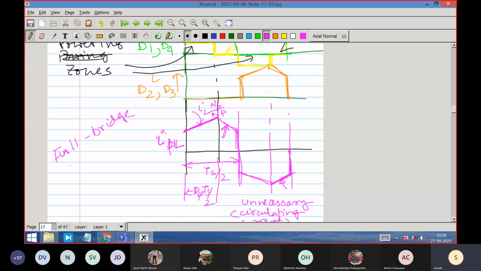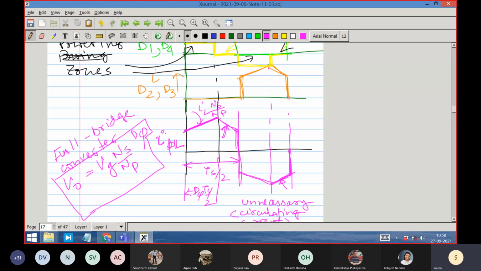Sir, is it d phi TS or d phi TS by 2? D phi TS by 2, because that is how we define d phi. This time is defined as d phi TS by 2, so that my buck converter's equation still comes as V naught is equal to Vg into Ns by Np into d phi. That is the buck converter equation, so that you don't change your idea of the basic operating relationship.